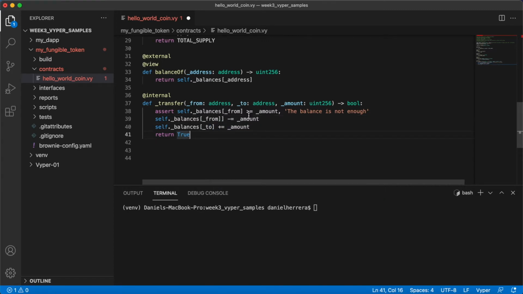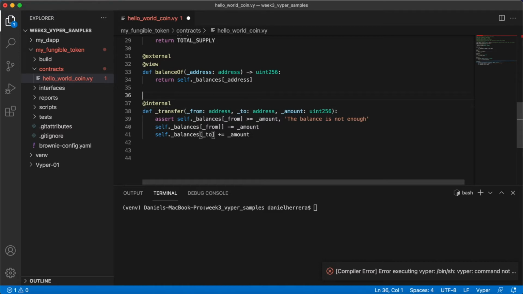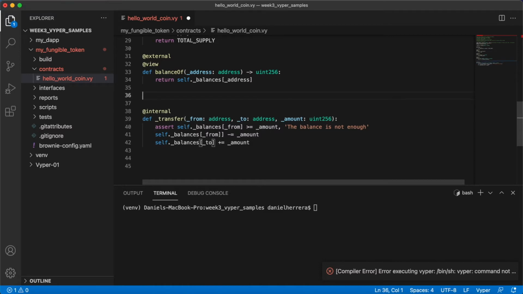And since this one is becoming an internal function, we are going to remove the return statement here, and we're going to remove this one. It's not going to return anything, it's just going to perform some calculation. Now, the other thing that we need to add is that we want to allow other smart contracts to